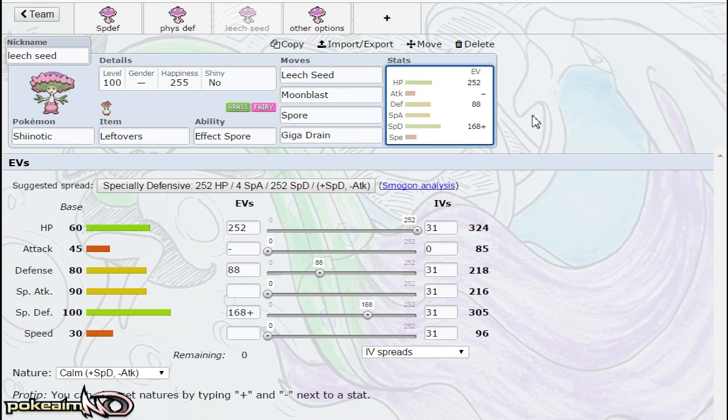Now, it does have access to Leech Seed. This Pokemon has a very wide support move pool. I really like it. Spore, Strength Sap, Thunder Wave, Leech Seed, Toxic, things like that. So Leech Seed can be used on these special defensive sets. This is helpful to wear down Pokemon like Crobat switching in, regardless if they go for Brave Bird or you